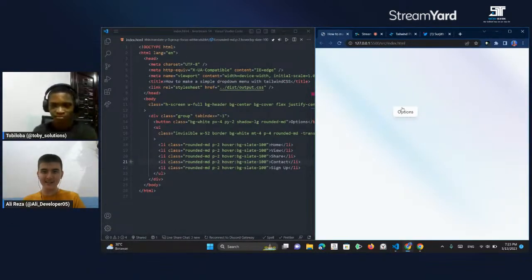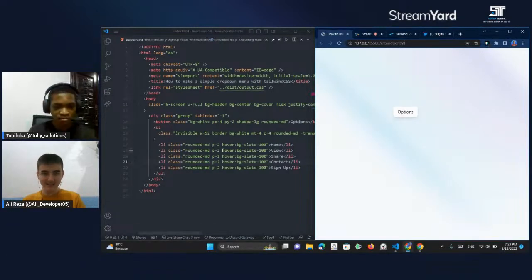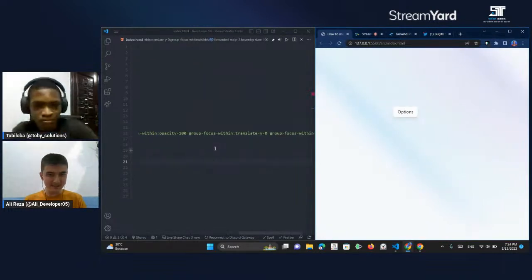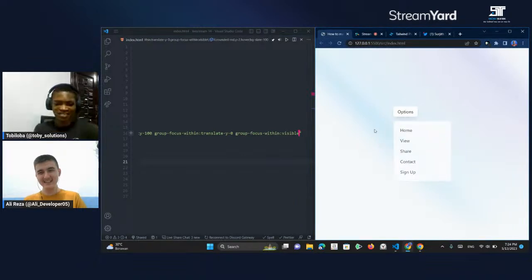Check it out now. Like there's something wrong, like it's not working. Wait a sec. Group focus within, what's that? Visible. Oh yeah, right now it's working. Okay, perfect, that's perfect. Amazing. Nice. Now, when I click the outside of the button,